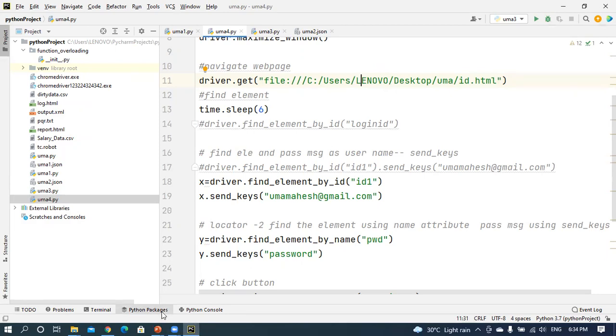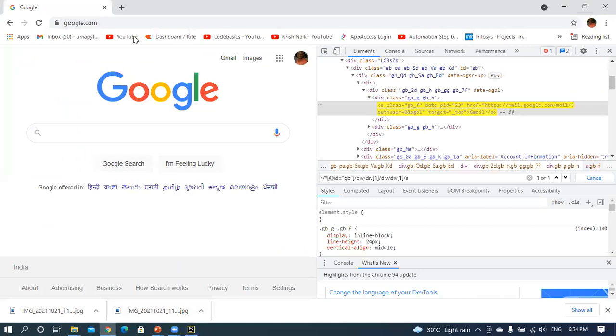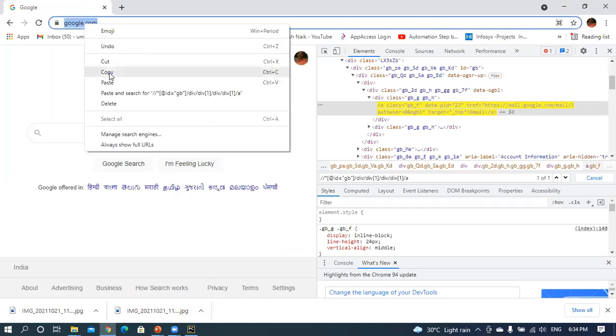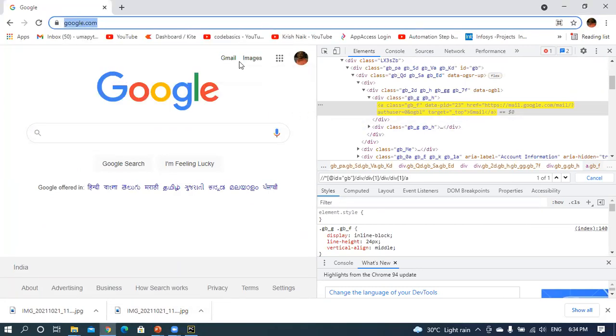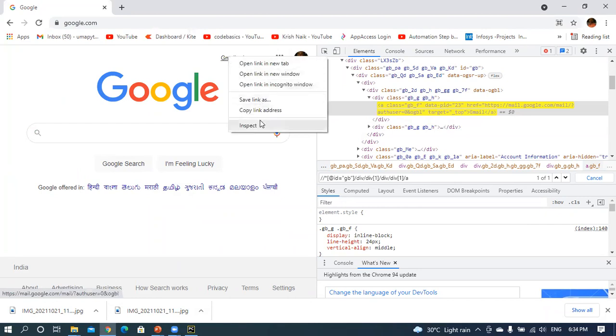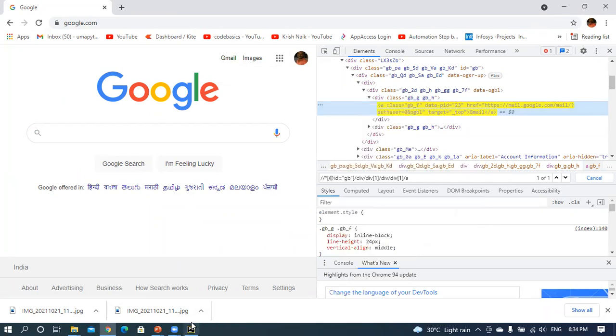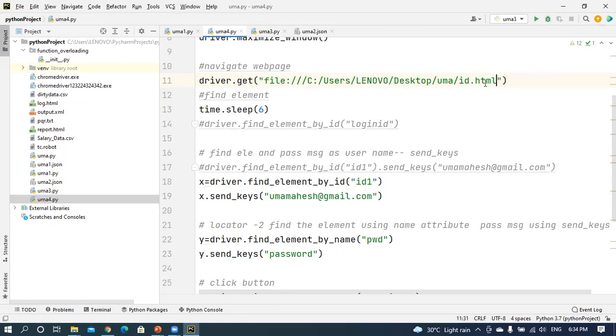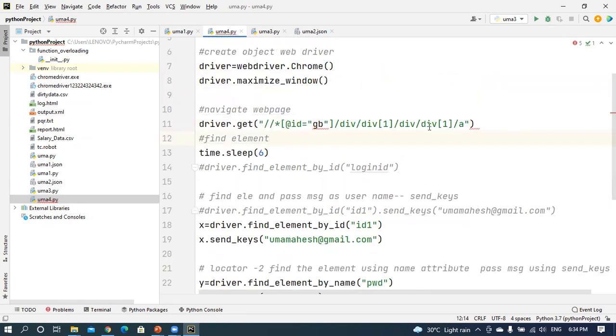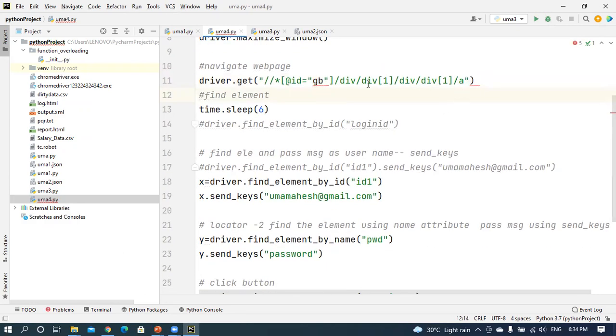For example, with the same Google operation, I can explain only one thing. Inspecting this one, I am taking this particular XPath, and you will try all of these. This particular XPath consists of this. In order to inspect the particular value, you will use this XPath.